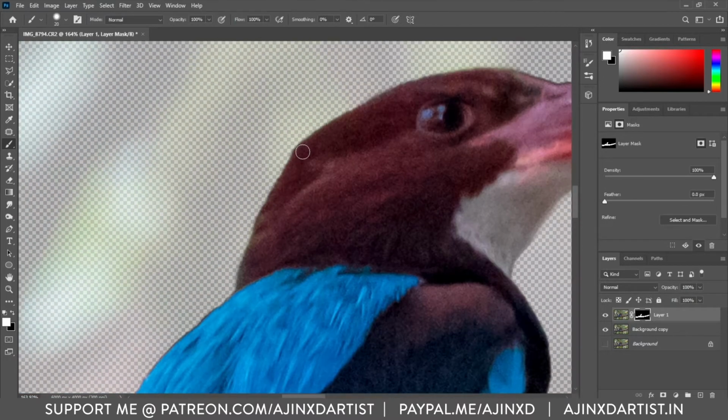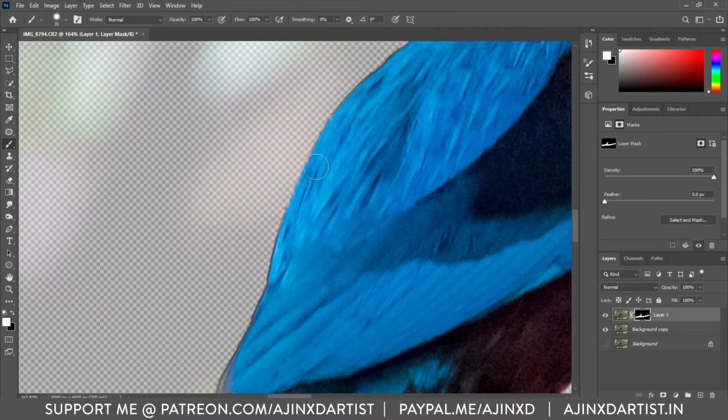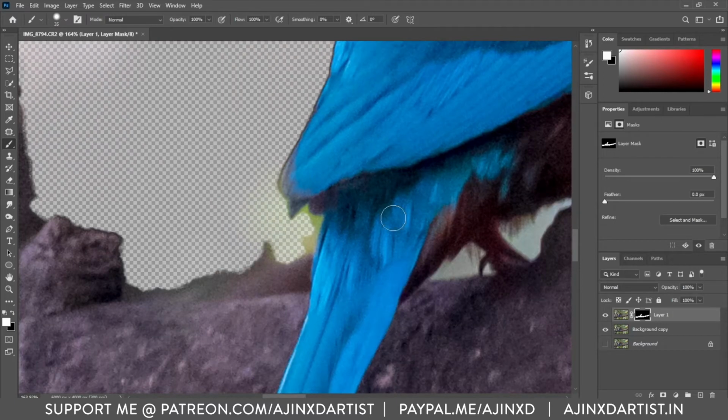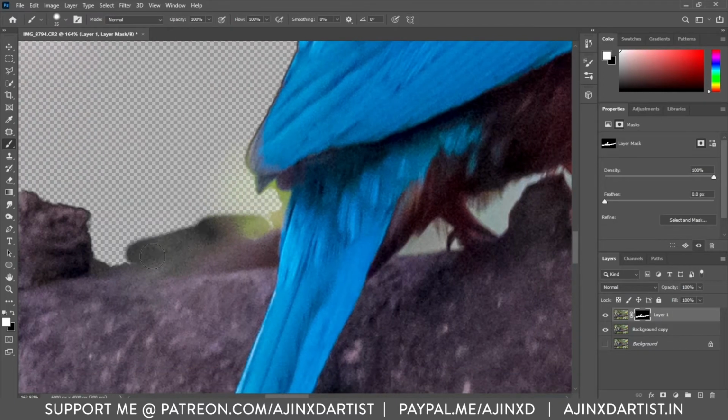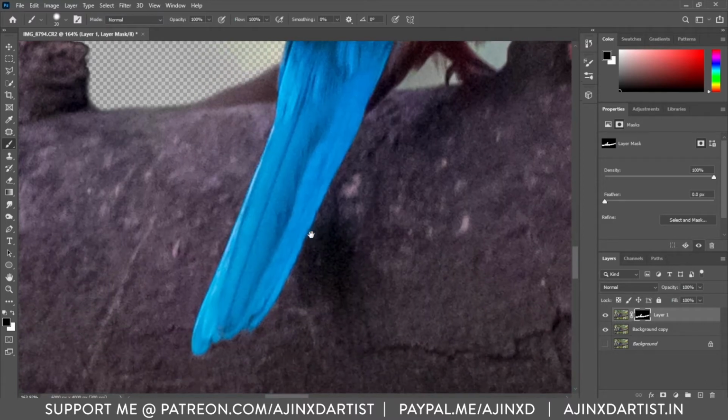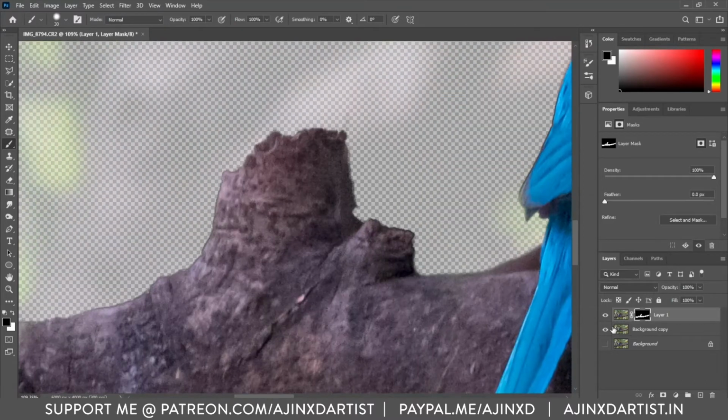In previous versions of Photoshop there was a refine edge option, but I couldn't find it in this version. If you guys know where it is, please let me know in the comments below. Photoshop AI does a decent job with the selection, but we have to always go in and enhance it further.